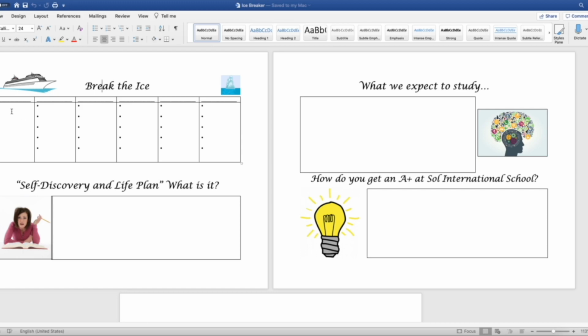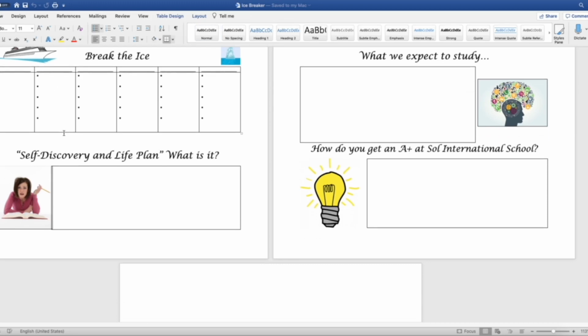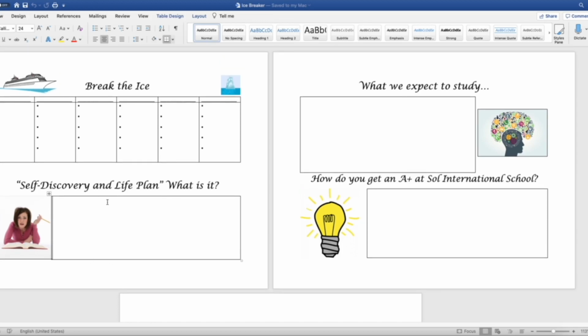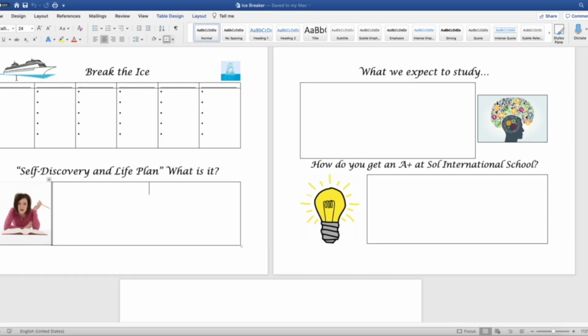So if I remember here, they had to interview or talk to maybe 6 different people, find out information about them, personal information. Here, I think this was probably group work, so they would discuss this question in their groups and write down their answer. So I often like to give these group handouts to the different groups in my classes.